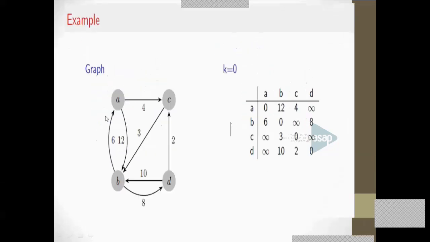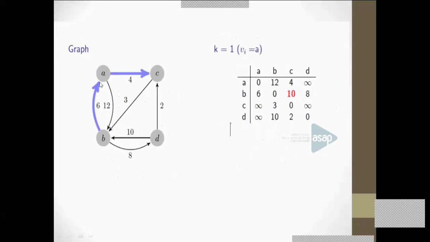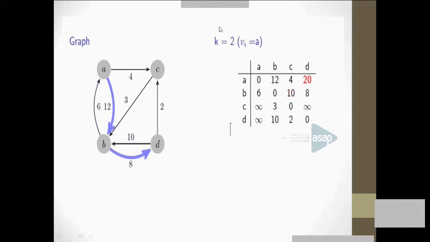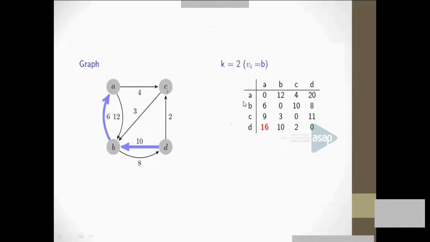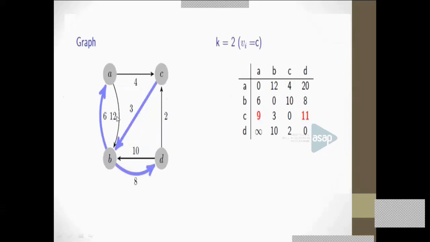Once again, I will explain the example. K equal to 0, no intermediate vertex. You are getting the direct adjacency matrix or the weight matrix. Okay, when K equal to 1, you can see via the vertex 1, A is actually 1. Via the vertex 1, any updates? We got 1 update. When K equal to 2, all the rows are getting updated. Then K equal to 3 means via 3, via C, is there any updates? One update, actually you can see here A to B. The weight was actually 12.